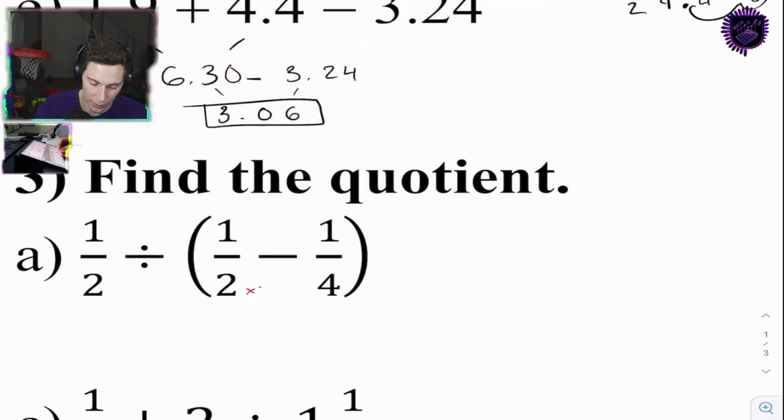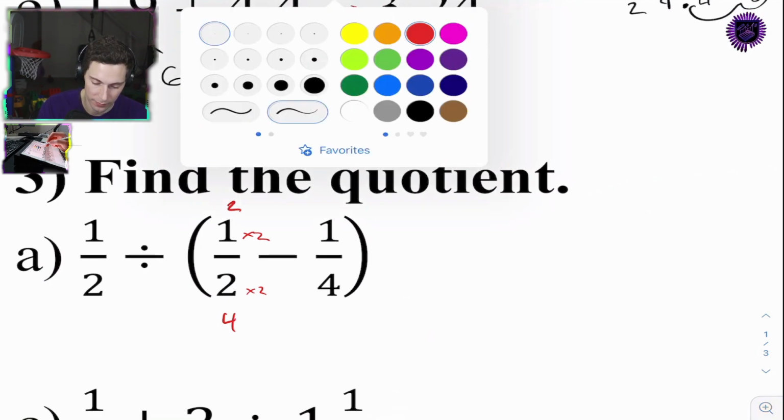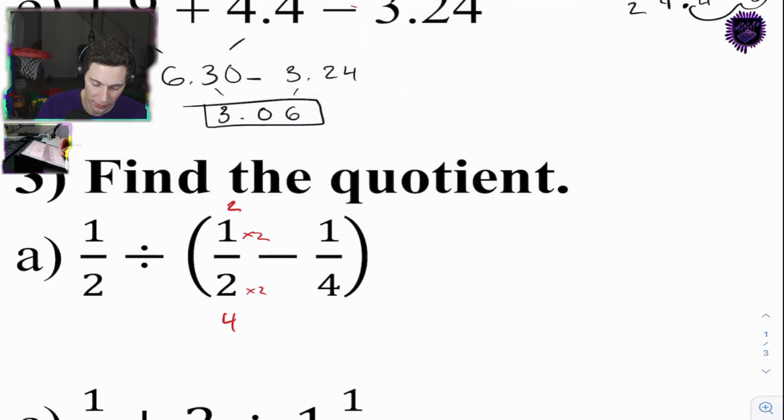Let's go times 2. Right, so this is going to change this to 2 and 4. So 2/4 minus 1/4 is going to equal 1/4. Now 1/4 divided by 1/4, that's going to be 2, right? But